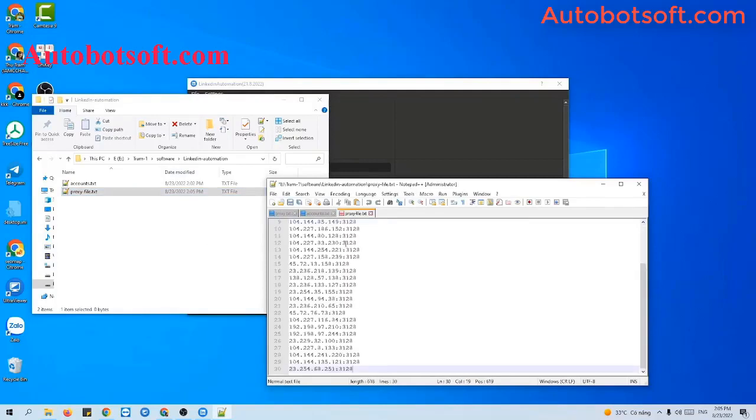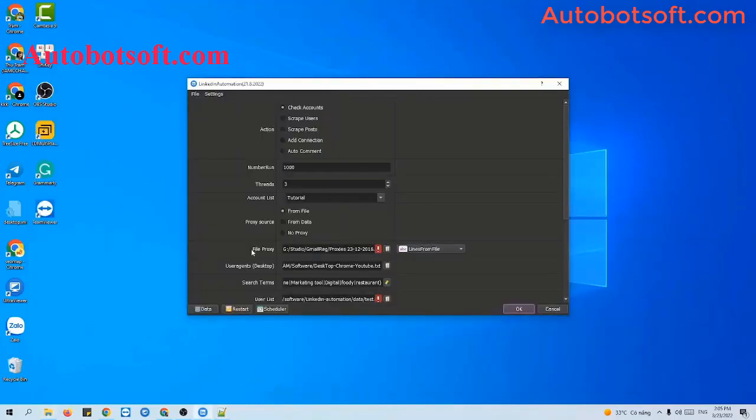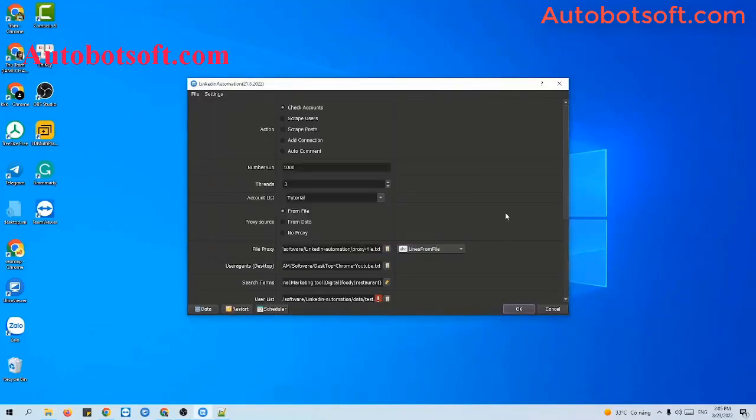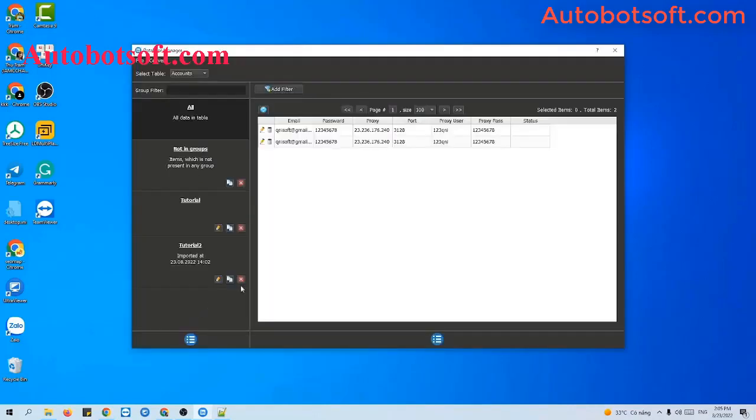For example, these are our browsing, and then click to save. At the File Browsing section, you click on this icon and select the created browsing file. In case you select from data, you need to import browsing with the linking accounts and account list section. You can see, as I instructed, you need to import browsing port, browsing user, and browsing post if any with